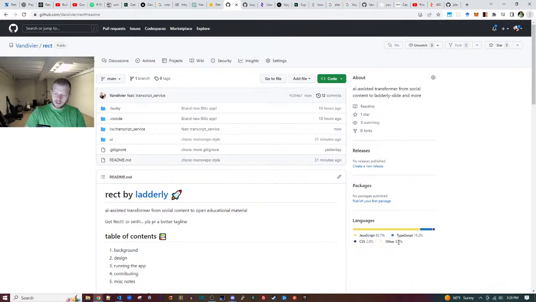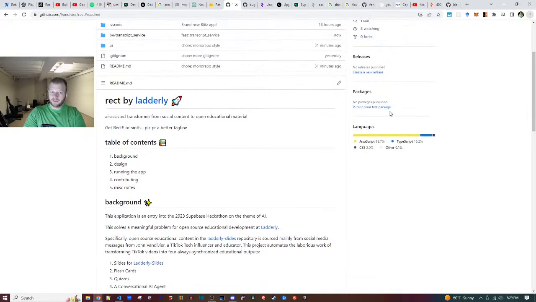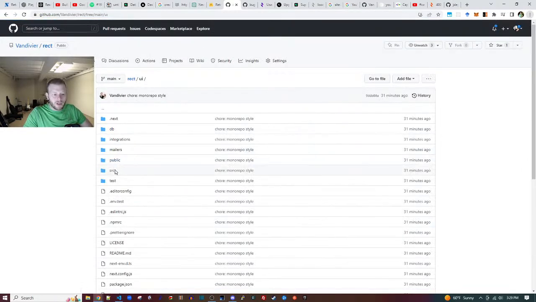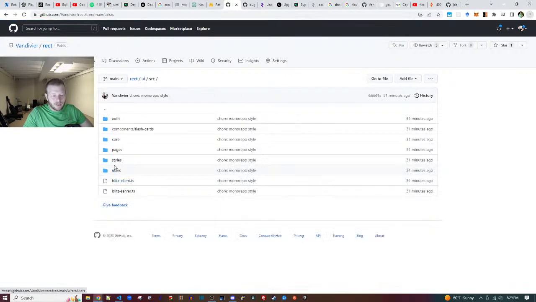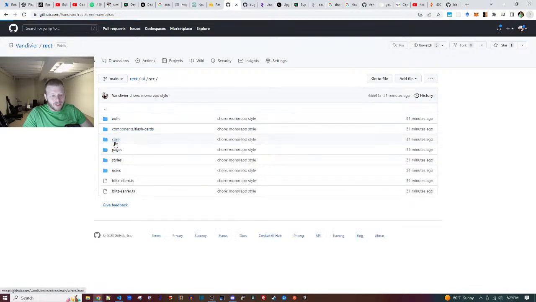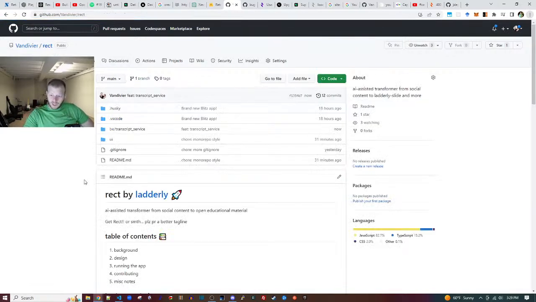And look at these languages. How long does it take it to figure out that there's Python in here? We'll see. I don't know why it thinks it's over 80% JavaScript. These are TypeScript files over here. Where's it getting all that JavaScript from? These are TypeScript files. All right, anyway.